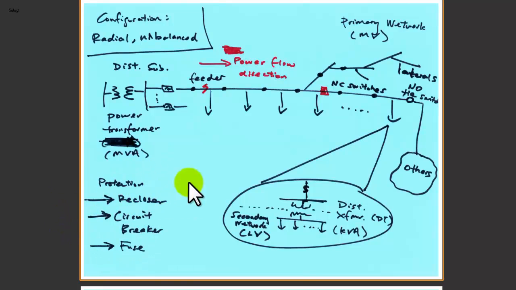A recloser is actually placed far away from the substation, because sometimes the circuit breaker might not be able to see a fault that occurs far away. So placing a recloser strategically along a distribution feeder may help pinpoint the fault location. You can see that the recloser will open here instead of here, so you don't have to experience a complete feeder de-energization. Instead, you might have a partial outage, and hopefully